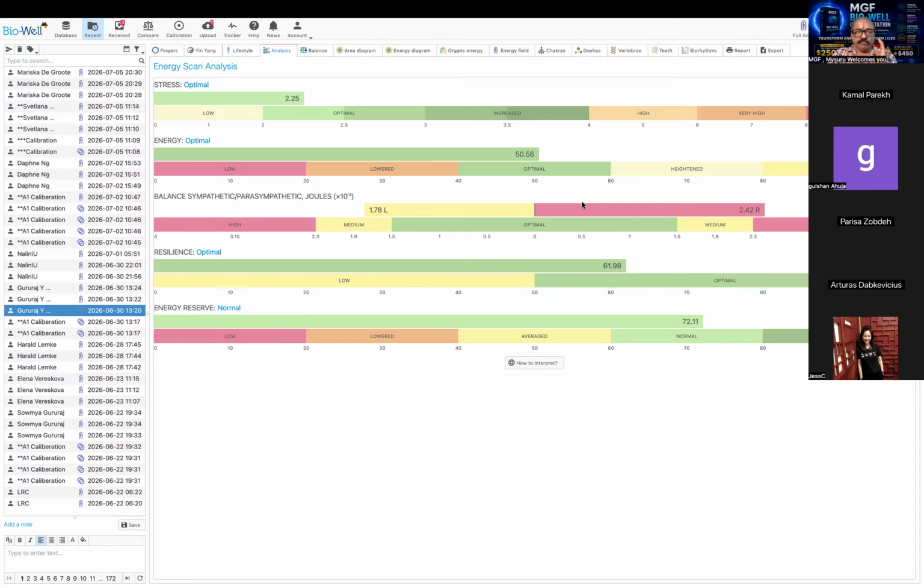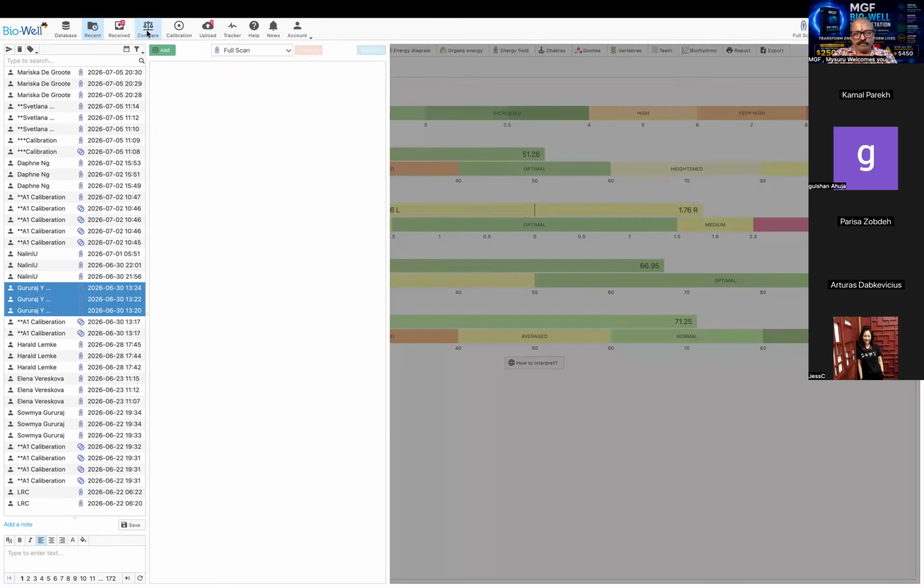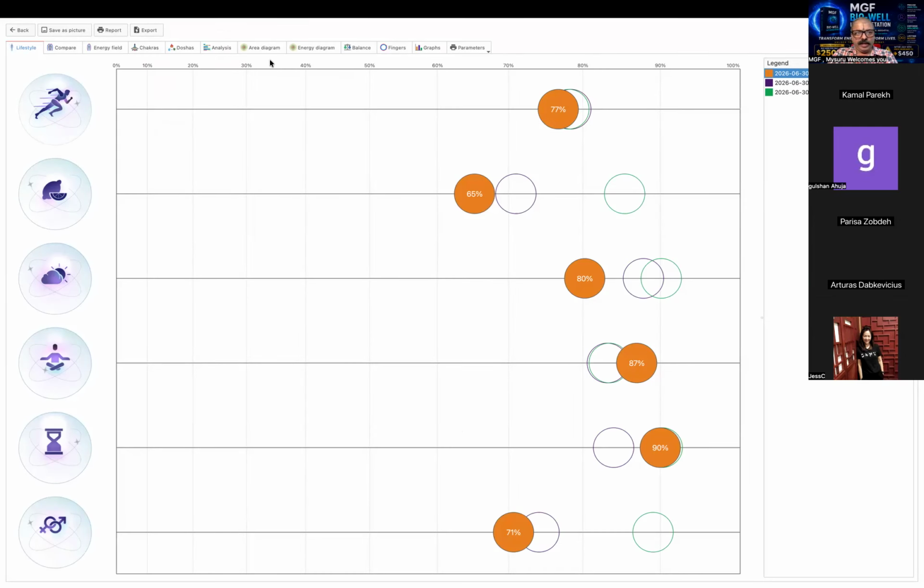Okay, then there is an Excel form in the CSV format. You can export it. See, I take 3 scans, I simply put them on compare, right? And then when I come to compare, I immediately have export to CSV, right? This export to CSV creates a CSV, comma separated value file. And once you have that file, what happens is